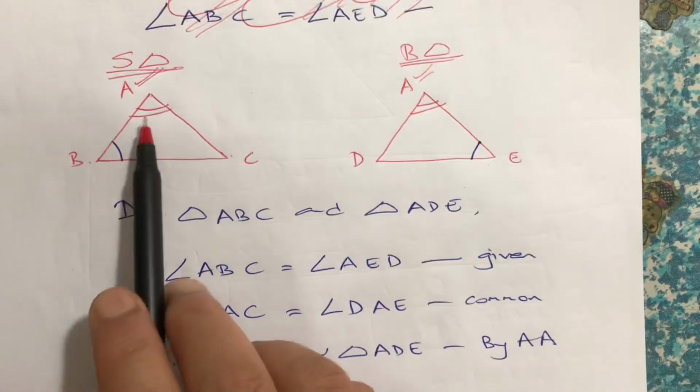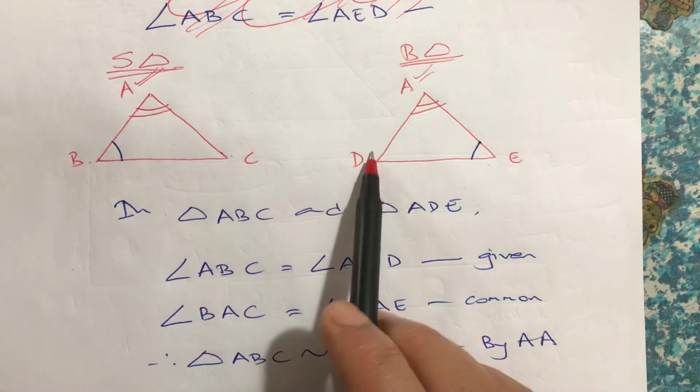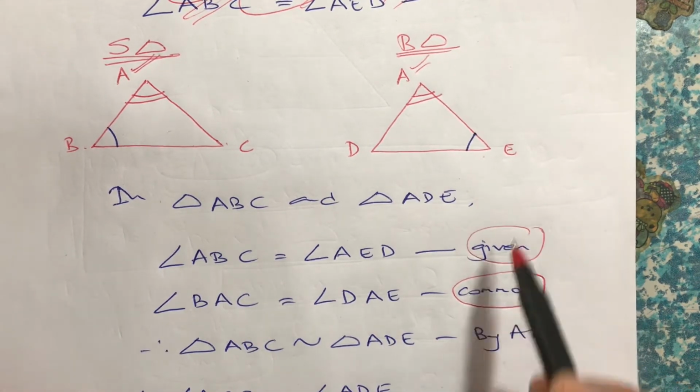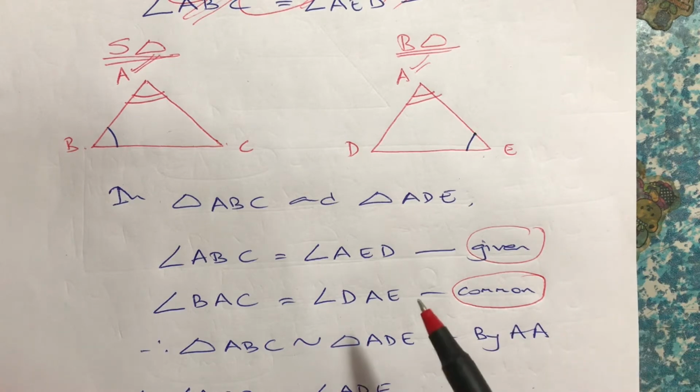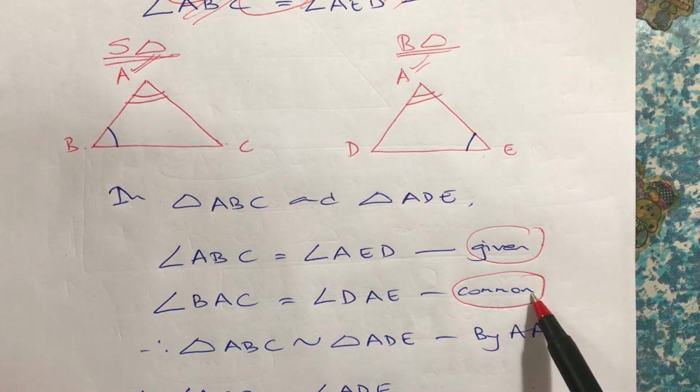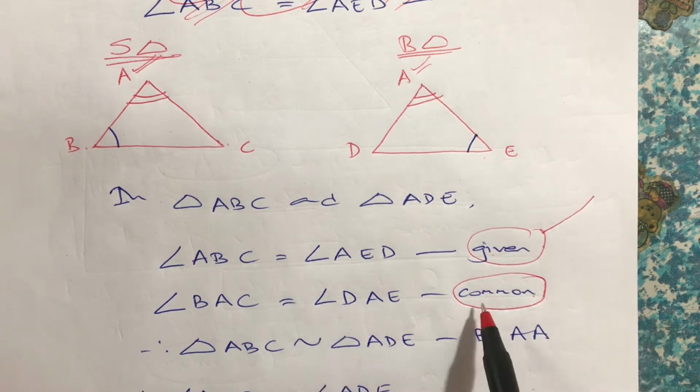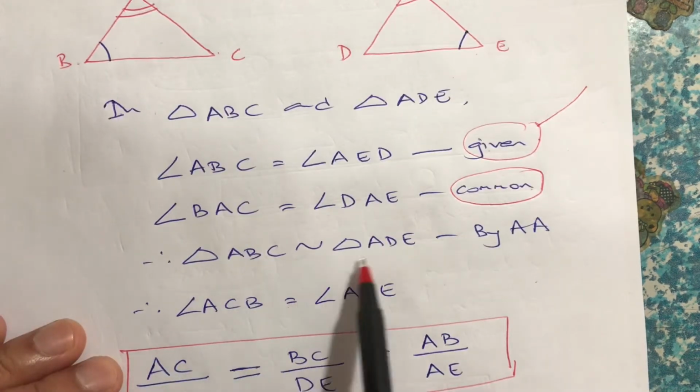Okay, and then the second one, that is angle BAC is equal to angle DAE, and the reason you'll write is common. So these are the two reasons. In the previous ones, when the lines were parallel, we were writing corresponding angles, but now one will be the angle that has already been given, another is the common angle, and therefore this triangle and this triangle are similar